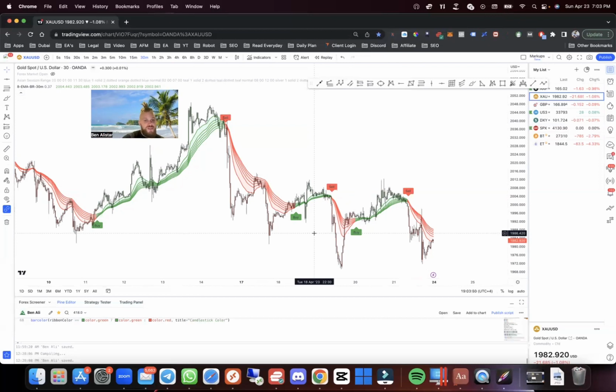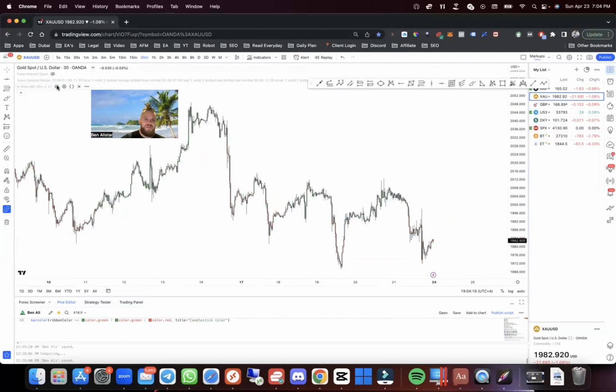extra confirmation. So if you're confused, if you're thinking, oh, is this the right entry? Is it setting up correctly? Have I got my buy and sells right? This will confirm it. So you can use this as essentially training wheels to help you understand and learn price action. Then you can remove it in future if you like. But as you can see, it keeps you within the trend, it keeps you within the parameters, it keeps you from over trading, and it also gives you highly accurate entries. So anyway, I'm going to be updating this in the Discord next week, but for now, let's jump on to